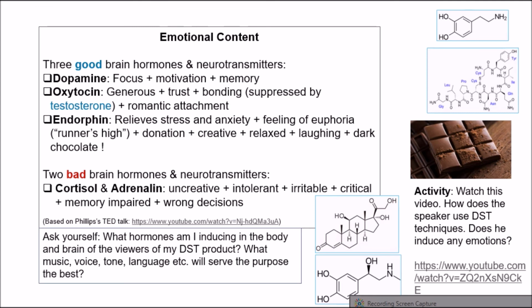The interesting thing about oxytocin is that, like I said, it can suppress testosterone. That's why in men, too much oxytocin, that's too much romance and bonding and those kinds of feelings in the air, can at some point start to feel irritable. And that's perhaps one of the reasons why men and women are different, because oxytocin affects them in different ways. Now, let me not digress too much from the topic and go back to the third hormone, which is endorphin.